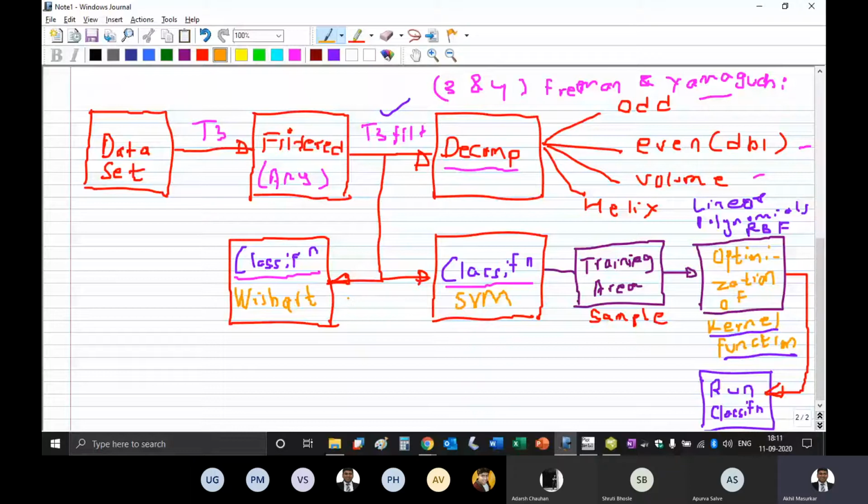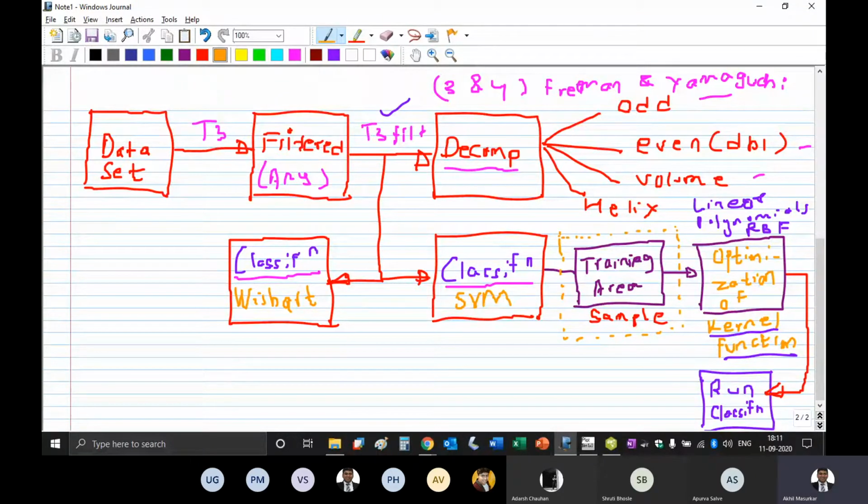Now, what is important is that SVM was classified using the training area samples. So how can you say that Wishart is better than SVM or SVM is better than Wishart? To say that one of them is better, their training areas have to be the same.